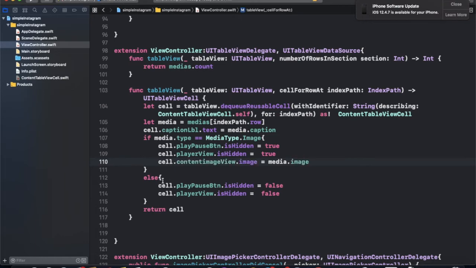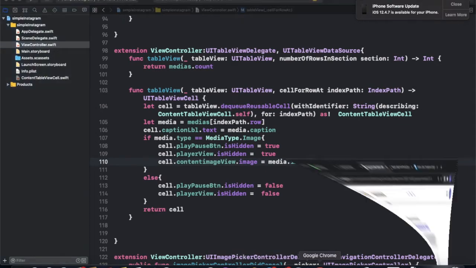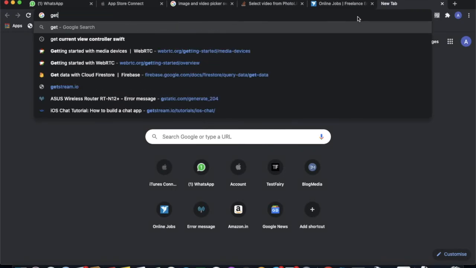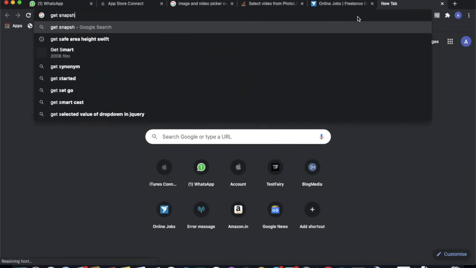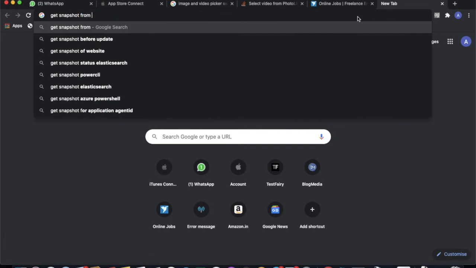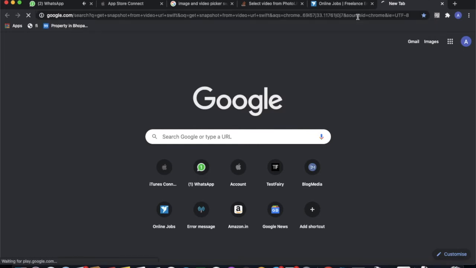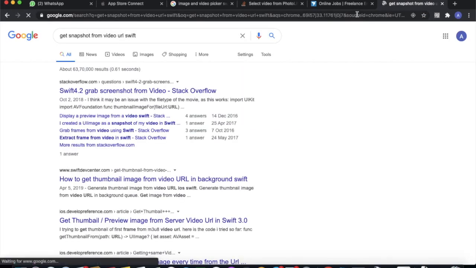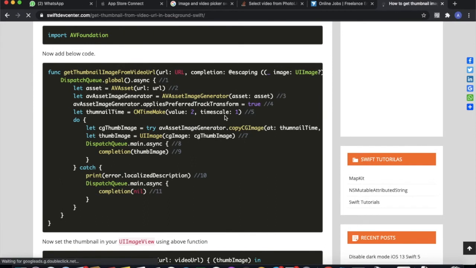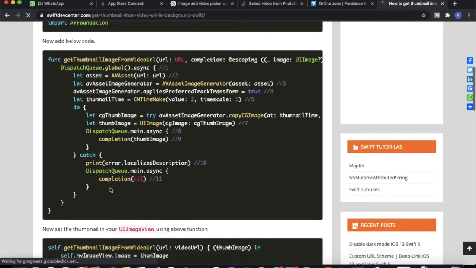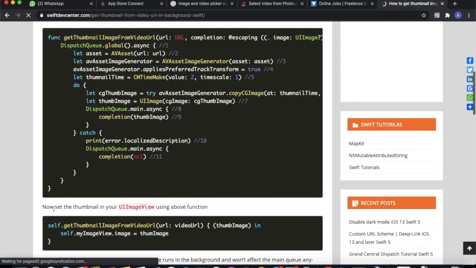For video, you need a snapshot from the video. To get a snapshot from a video, you just use a getSnapshot-from-video-URL function.